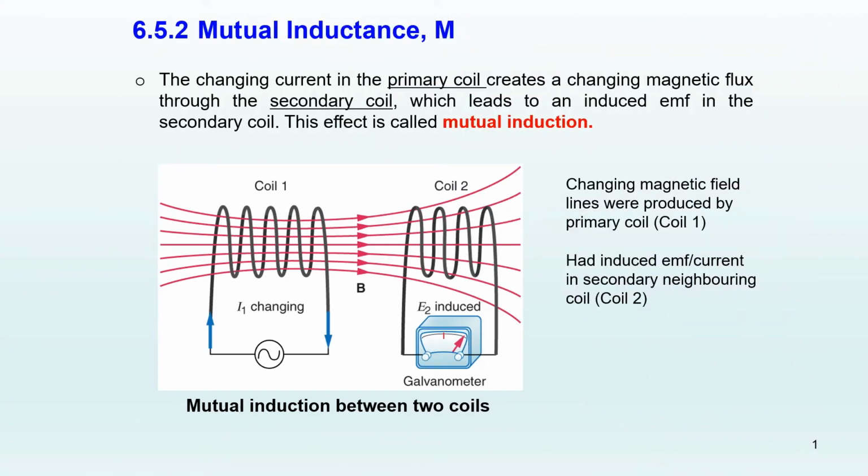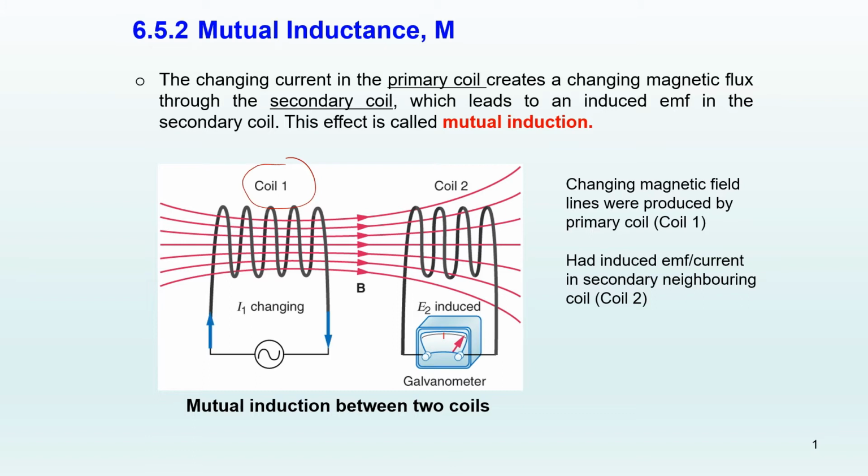Now mutual inductance. Mutual inductance is implemented in a transformer. For mutual inductance, we have two neighboring coils, two coils close together, close to each other. So for coil 1, the coil is connected to the AC so that the current will flow